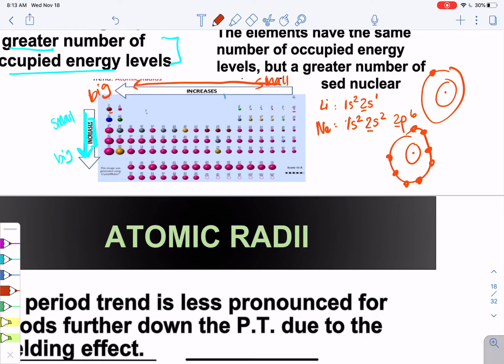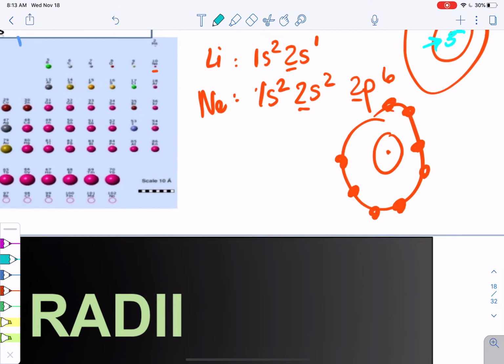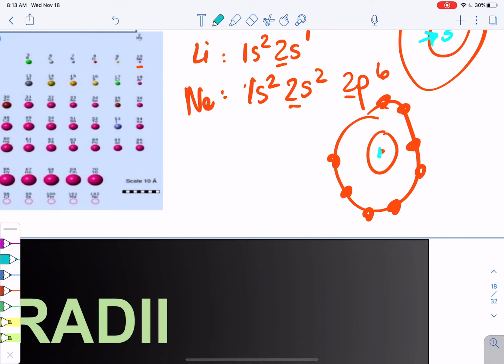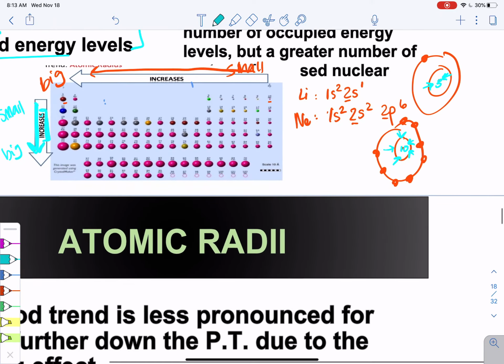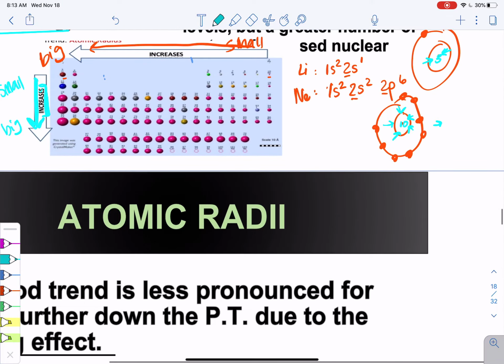However, lithium has an inner pull. Remember how the nucleus is pulling on the electrons? It has a pull from the 3 protons that are in it. Neon has a pull from all 10. So neon will pull heavier on this ring. So neon looks more like this when we draw it compared to lithium. It still has all of those electrons, and the electrons can still be on that second energy level,